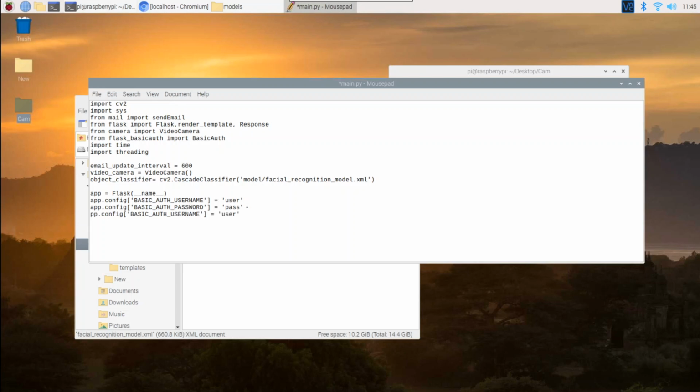And then we'll paste it one more time and we'll have app.config, and this time we'll have force, so this will force us to log in before we can actually see the security feed, and then we'll enable it to be true. So this is our authentication. Then we can create a variable called basic_auth equals BasicAuth, and then we can pass in our app,